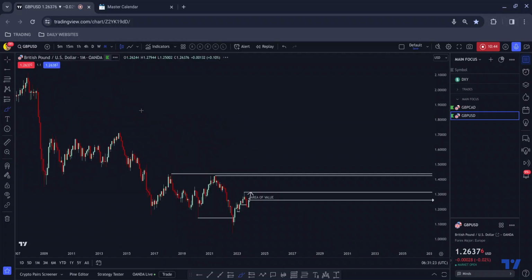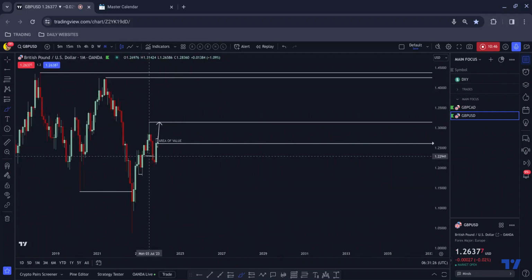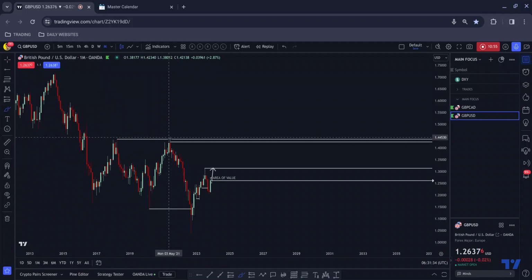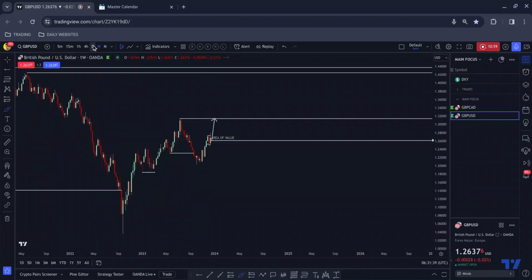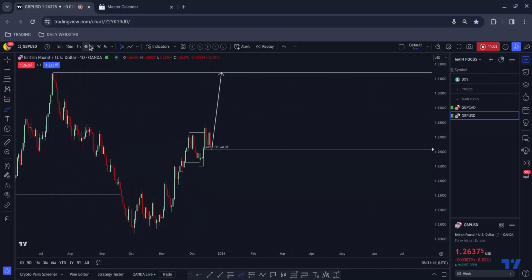If we even just zoom out to the monthly, you can see that we've well and truly broken below here and that we've rallied to the upside, and price is just stalling on the monthly chart, potentially for a move to here. If we were to take out that high, we would likely take out this near miss and this high that we near missed too. So that means I can be looking on the lower time frames for entries.